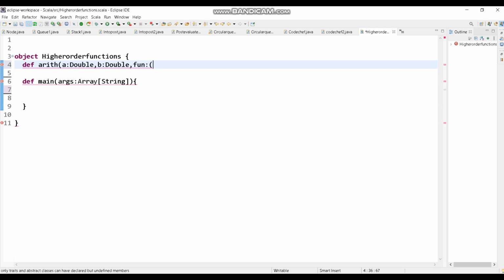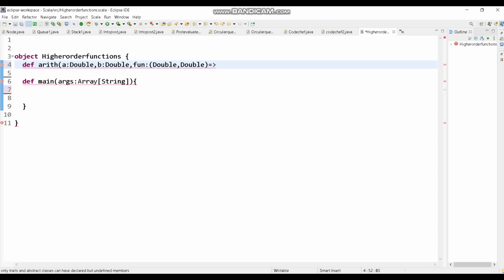Here we have to write the data types of the arguments that are going to be passed in this function fun. I want to pass a and b in this function fun. So what is the data type of a? Double. And what is the data type of b? Double. Close the bracket. Now here we have to write the result, so rocket symbol.